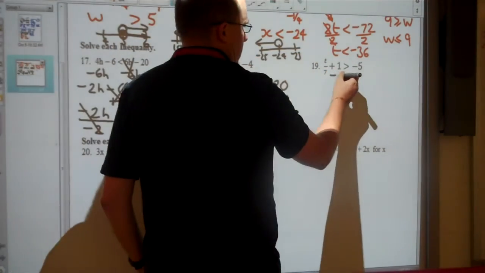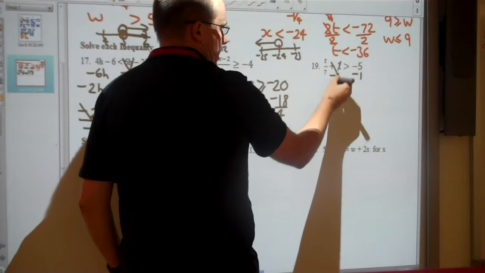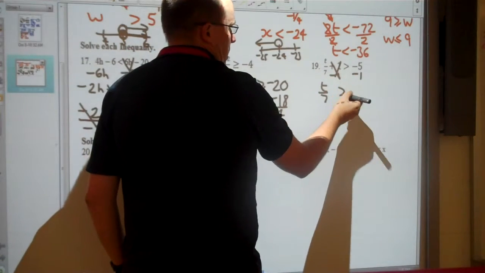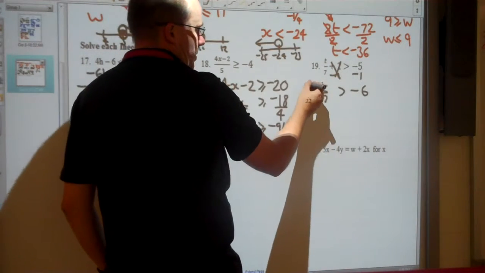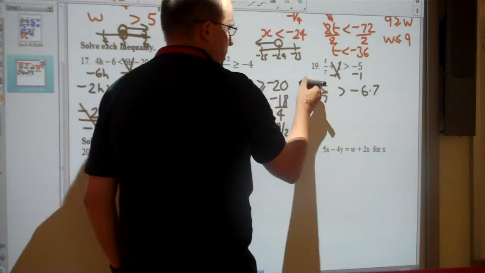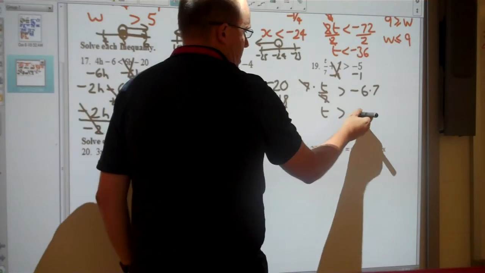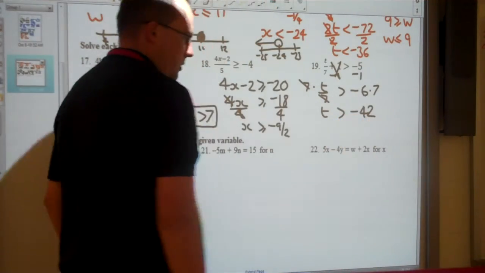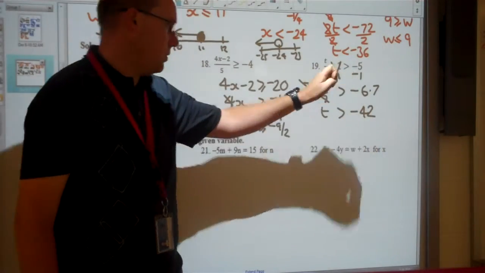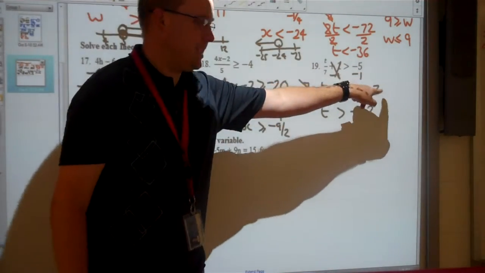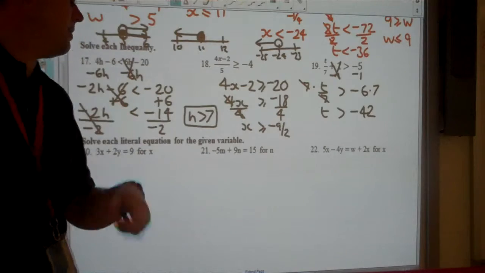So instead of adding 1, I'm going to subtract 1 from both sides. Negative 5 take away 1 is negative 6. And instead of dividing by 7, I'm going to times both sides by 7. So t is greater than negative 42. So once again, notice although there was a negative here, that's not important. It's the fact that I multiplied both sides by 7, which is positive, which is why I didn't flip the